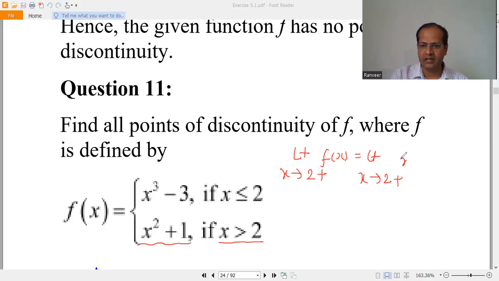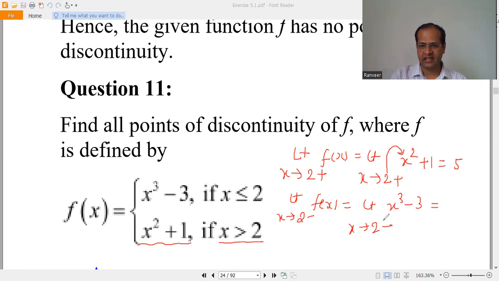x square plus 1. Once we substitute this value, this is 5. Similarly, we can write limit x tending to 2 minus f(x). If we write x tending to 2 minus, we can write x cube minus 3, and this is nothing but, if we substitute 2 here, 8 minus 3 equal to 5, and f of 2